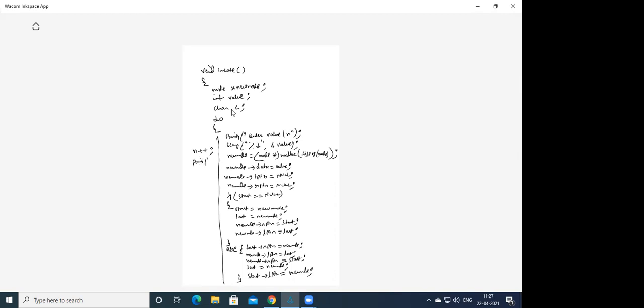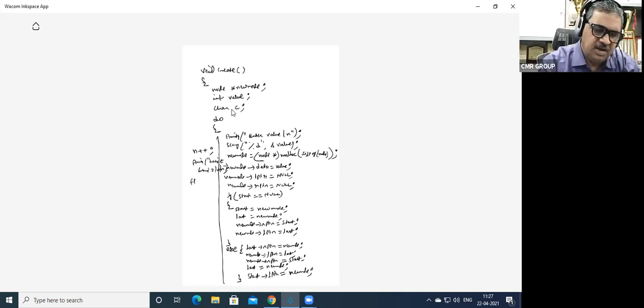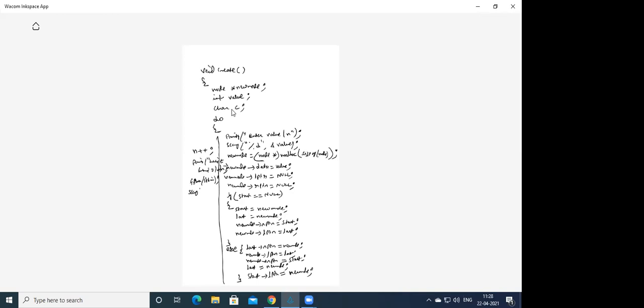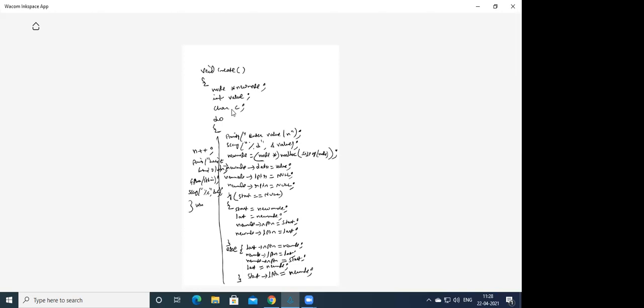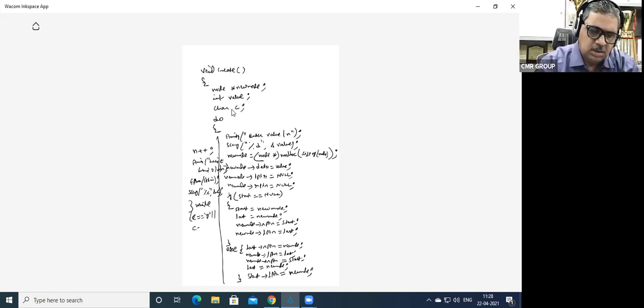Printf, would you like to continue y slash n, then fflush stdin, then scanf percent c ampersand c. Then close the do-while with while c is equal to y or c is equal to capital Y. Close, and then close the function.